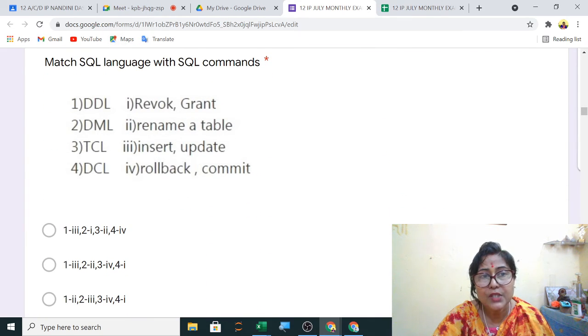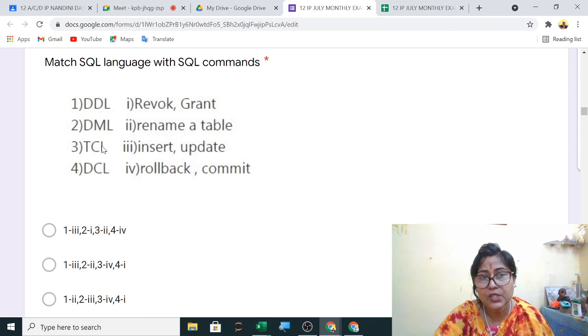Next, match SQL language with SQL command. So DDL commands are your create, alter and drop. DML commands are your select, then insert, delete and update. So 2 with 3 it is matching, 1 with 2 it is matching, renaming a table.